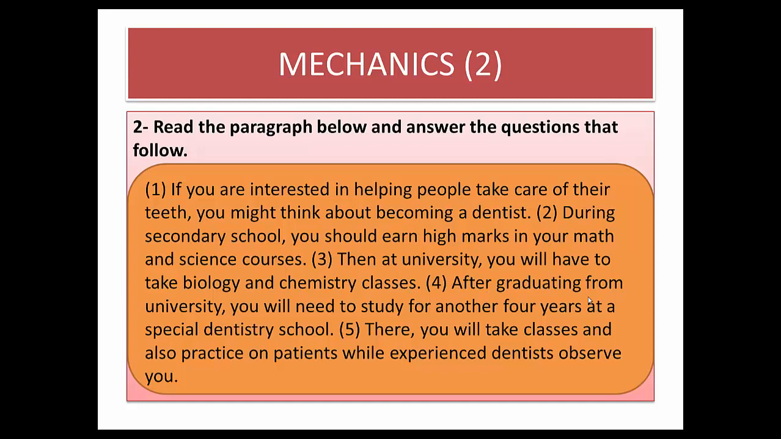After graduating from university, you will need to study for another 4 years. Let's guess the meaning of graduating. Another 4 years means that the first 4 years finished, and then you graduated from university, and the preposition from shows you that you are out of university now. So after finishing your study at university, you will need to study for another 4 years at a special